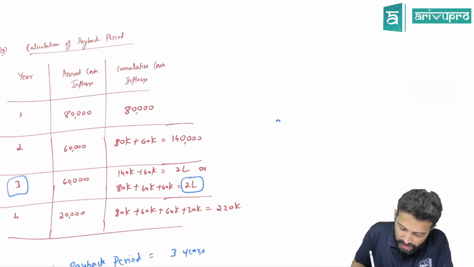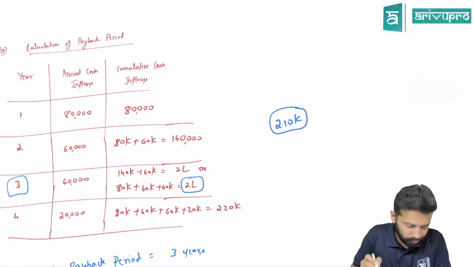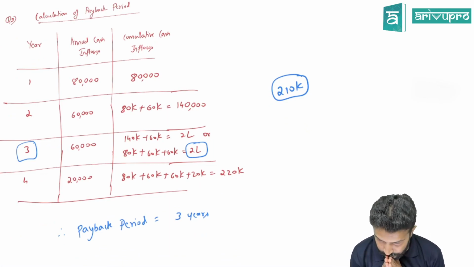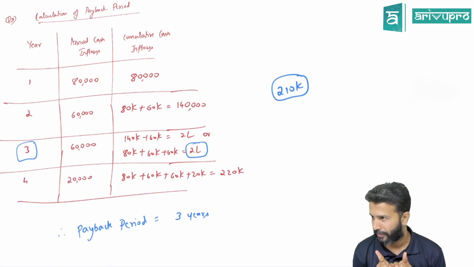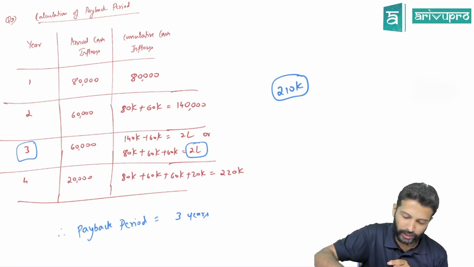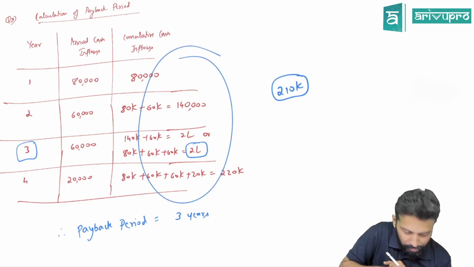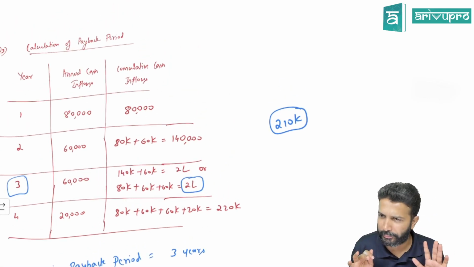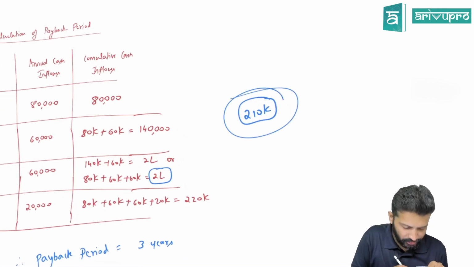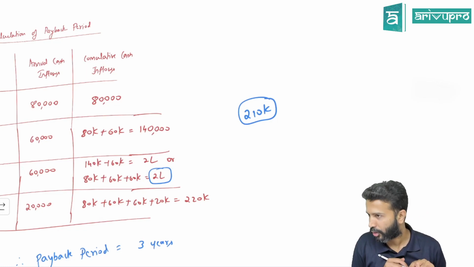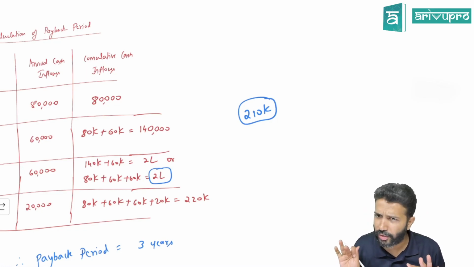Suppose initial investment was 2,10,000. What will you do? 3 years, 5 months. What is the question? Here, initial investment was actually 2 lakh, so you went looking for that 2 lakh in this column. So you logged in 3. So it was perfect. Win-win for everybody. Suppose that investment is not 2 lakh. It is rather 2,10,000. What is the question? Possible this scenario can also work out.